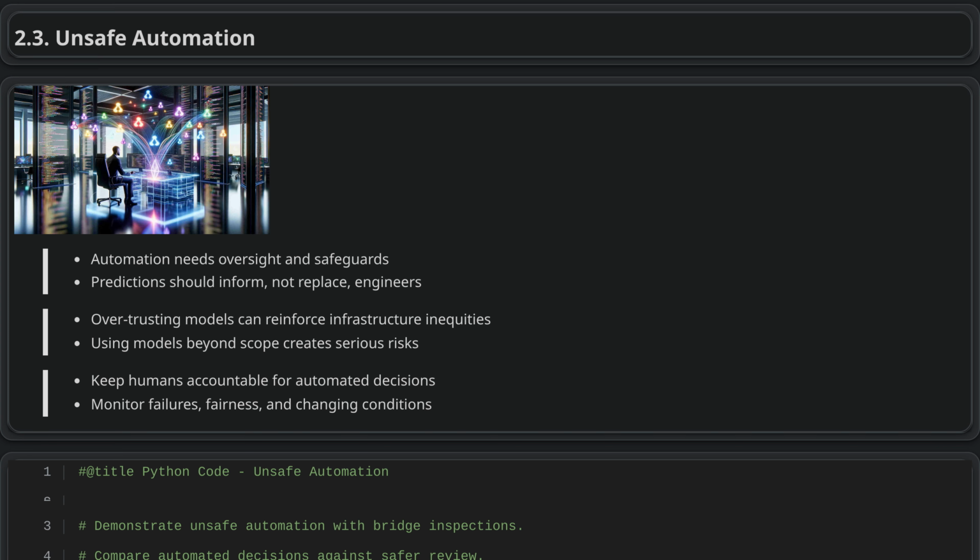Unsafe automation. Unsafe automation occurs when machine learning systems make real-world decisions without enough human oversight. In civil engineering, this can affect safety, costs, and public trust, because predictions about issues like bridge damage or flood risk depend on the quality of the data and assumptions behind them. The key ethical concern is treating model outputs as final decisions, which can give flawed systems too much authority and